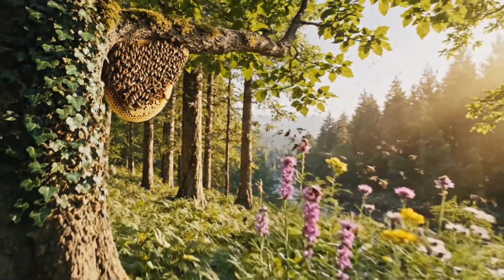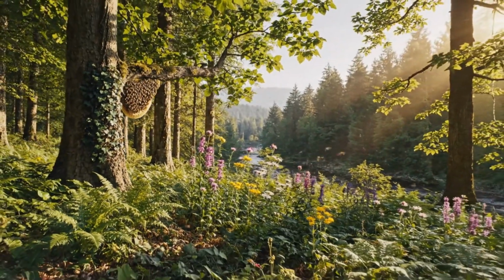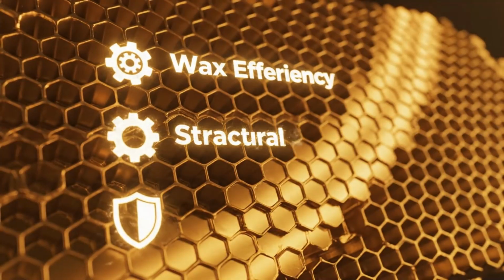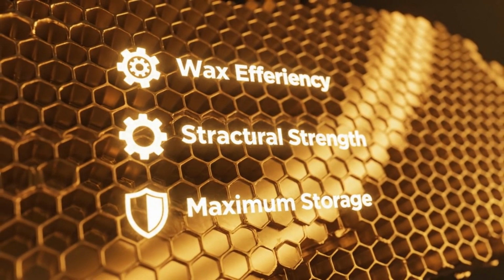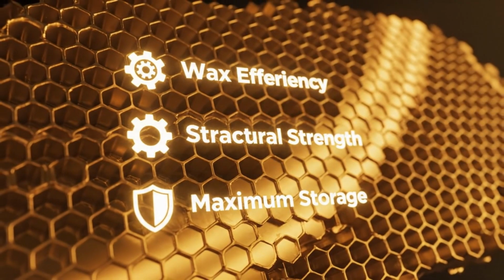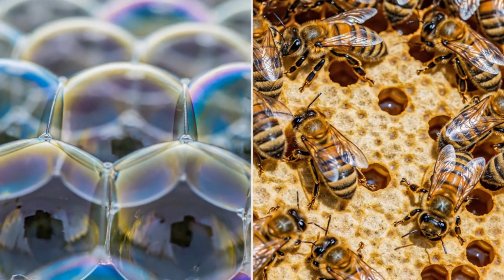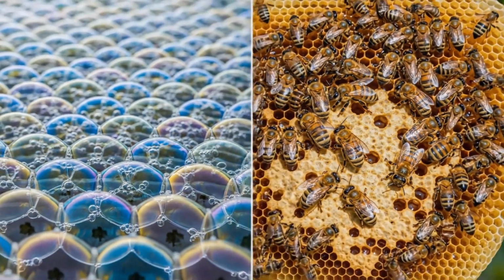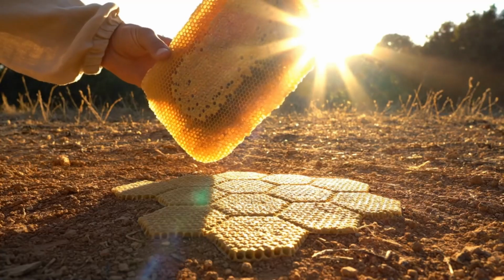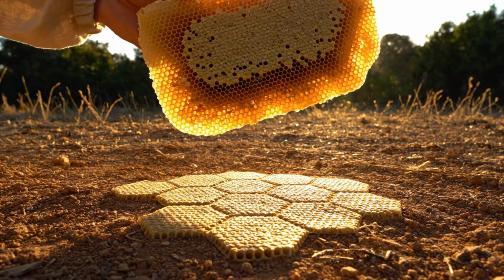It is a bustling testament to the power of honeybees' collective intelligence and natural selection. To summarize, bees build hexagons to save expensive wax, maximize storage space, and create a structure that is incredibly strong. They achieve this through a combination of biological instinct and the laws of physics, like the soap bubble, allowing the wax to settle naturally. It is a perfect example of how living things interact with the physical world to create solutions